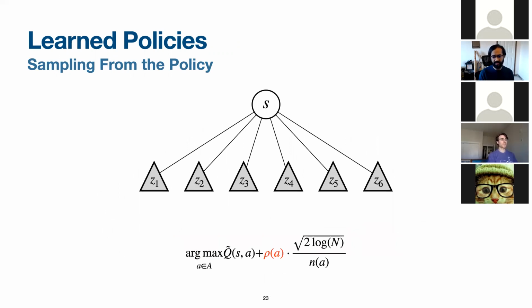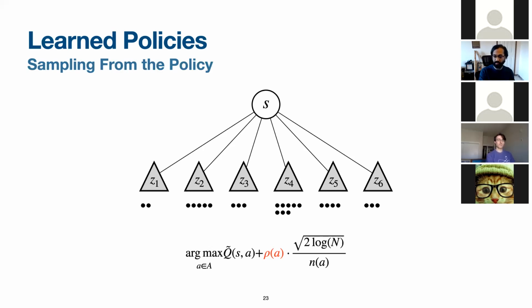The policy is then used to augment the UCB formula so that the UCB value not only is determined by the exploration bonus we have, but there's also a factor introduced by the probability. So that means actions with a higher probability are more likely to be sampled. And given this probability factoring into the exploration, we do some sampling. And as we sample, we keep track of the total cumulative sample counts that we have so far.